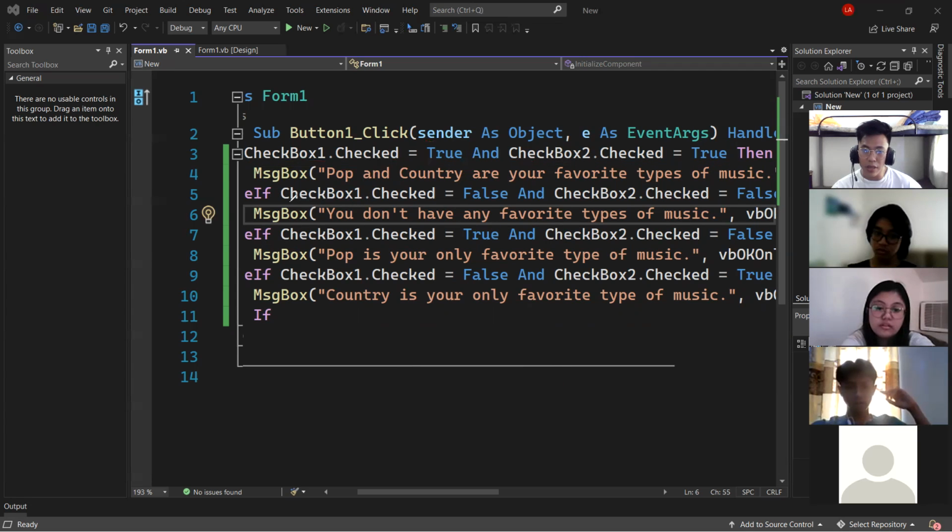Okay, and the next one, checkbox 1 that check is false, and checkbox 2 that check is also false. So what does it mean? It will say that you don't have any favorite types of music. Why? Because checkbox 1 that check is false, meaning it is not checked, and checkbox 2 that check is also false, meaning it is also not checked. So the two options in our form were both not checked, meaning you don't have any favorite